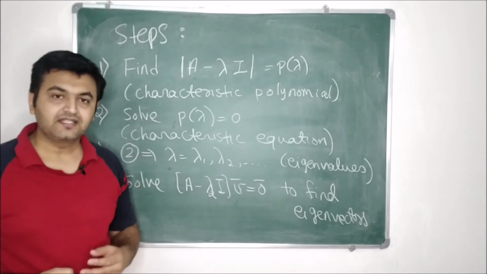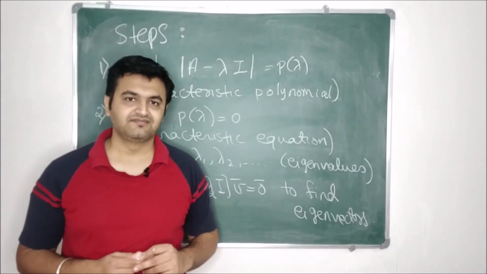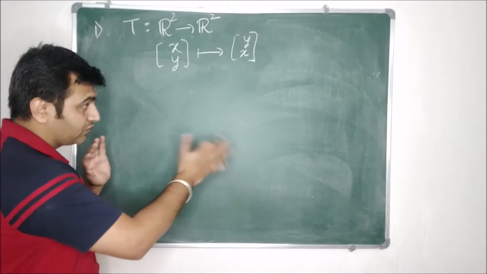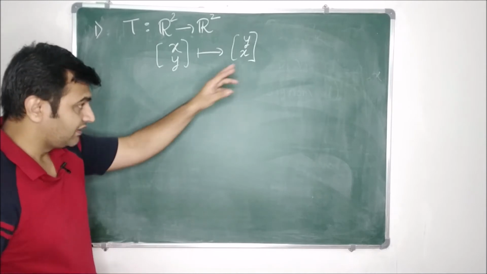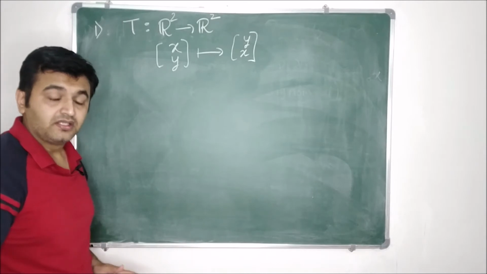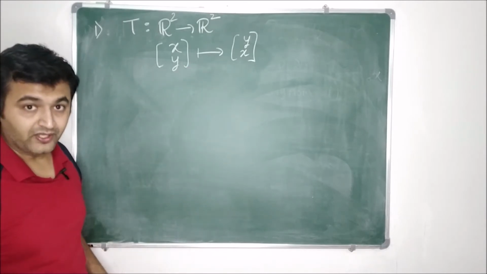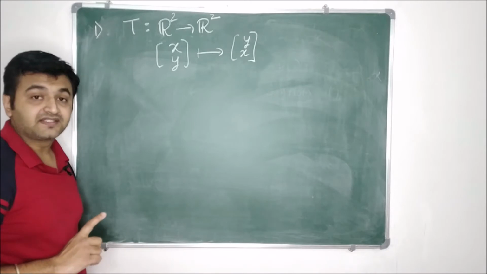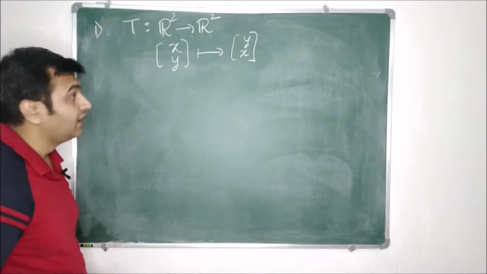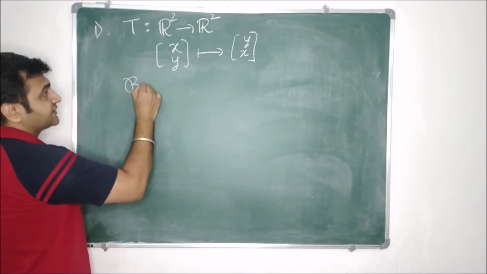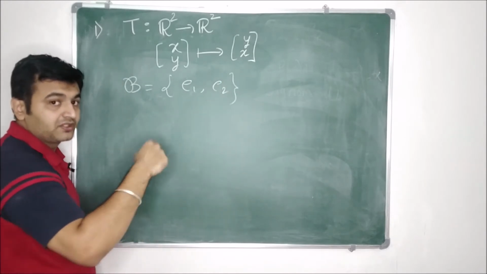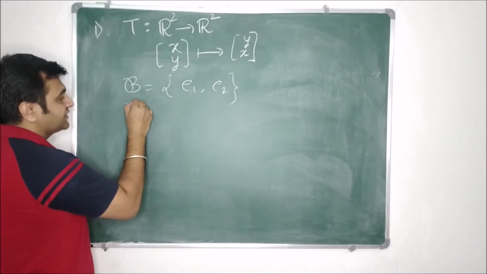Okay, now let us see a couple of examples. Let's take an example that we have seen earlier. In my previous lecture, by looking at the transformation and the line y equal to x, we tried to visualize. But if I want to solve by this method, then how will I solve? That's what I'm going to do now. The first thing is what? You need to find the matrix A. Here the matrix is not given to you directly, so the first thing is you will find the matrix. You take the standard basis. What is the standard basis for R2? It is E1, E2. What is E1? 1, 0. What is E2? 0, 1. So now what is T of E1?